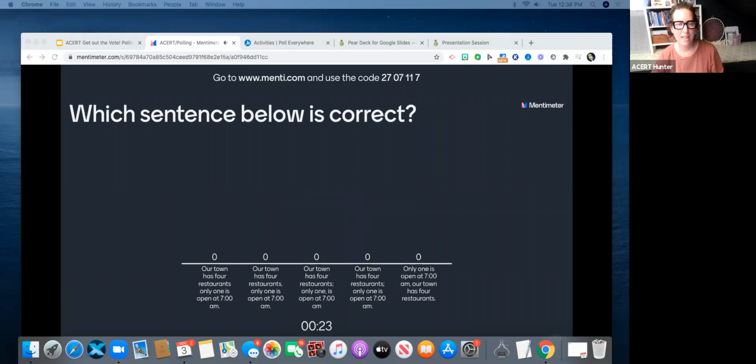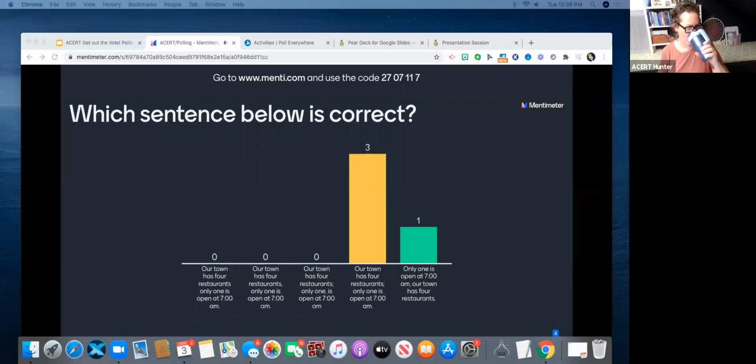I'm gonna turn on my music. Okay, so I can make it a quiz. Quizzing is another feature in Mentimeter. Now, if the English professor doesn't get it right, we're really gonna have a problem here. Very nice. Okay, so